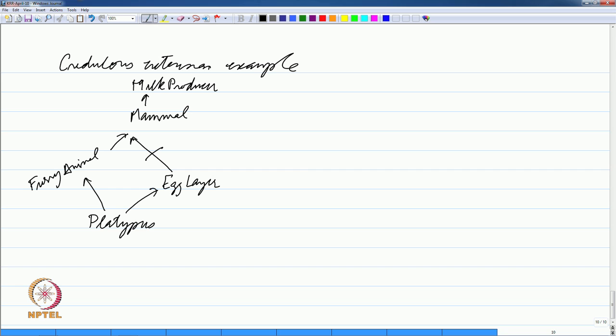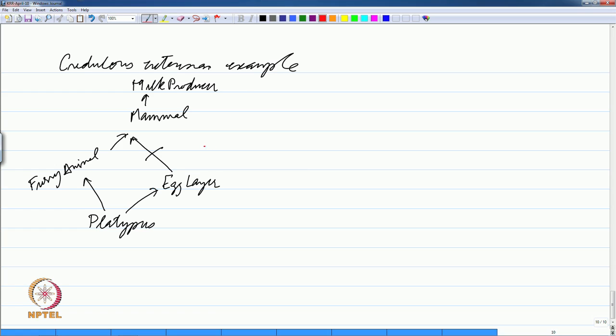It is also a maximal network, because every node in this network has a path. So, if you look at milk producer, there is a path which goes from platypus to furry animal to mammal to milk producer essentially. But this is not credulous, because it is ambiguous essentially. So, we do not know whether we want to say that platypus is a mammal or whether platypus is not a mammal essentially. Both are supported in this. So, if you look at the notion of admissibility, you will see that both paths are supported. So, this has got two extensions,